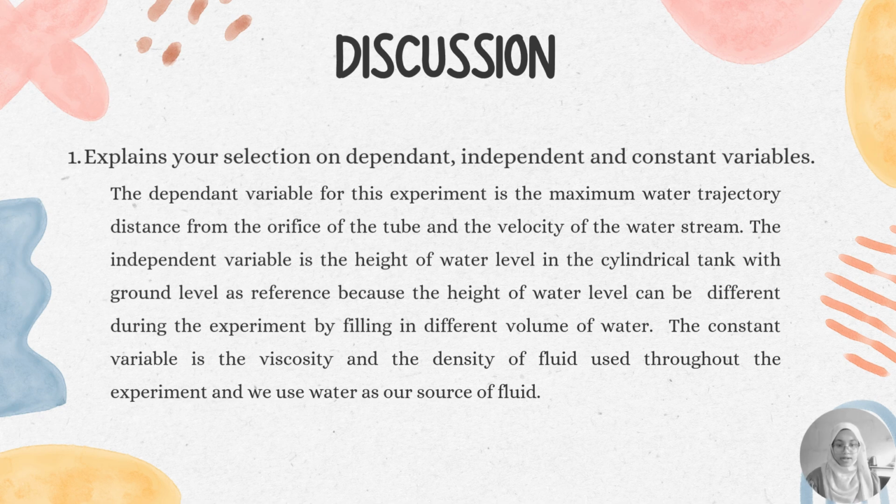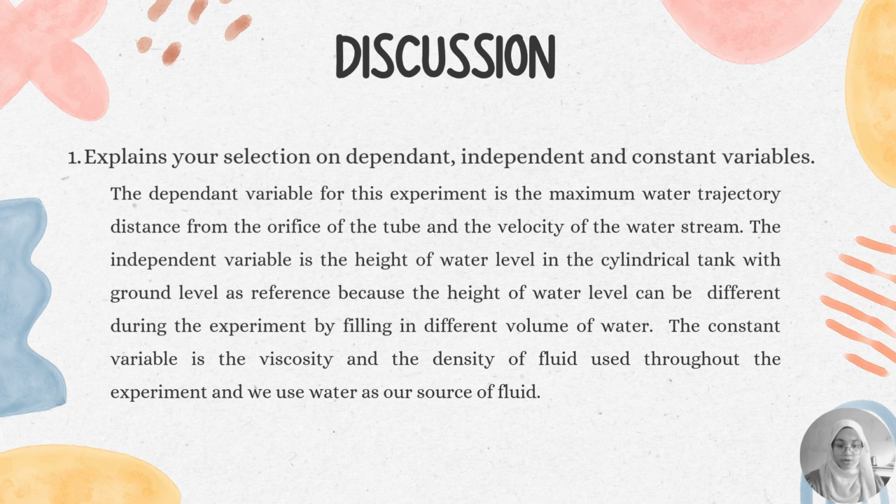For the discussion part, first explain your selection on dependent, independent, and constant variable. The dependent variable for the experiment is the maximum water trajectory distance from the orifice of the tube and the velocity of the water stream. The independent variable is the head of the water level in the cylindrical tank with ground level as reference, because the head of water level can be different during the experiment by filling in different volume of water. The constant variable is the viscosity and the density of fluid used throughout the experiment,